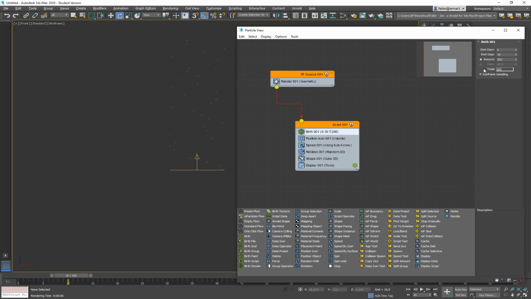So if I choose, for example, 30 particles per second, right now I think 30 is the frame rate defined, in 30 frames you will have 30 particles, so much less than the total amount of 200. Let's keep the amount of 200.